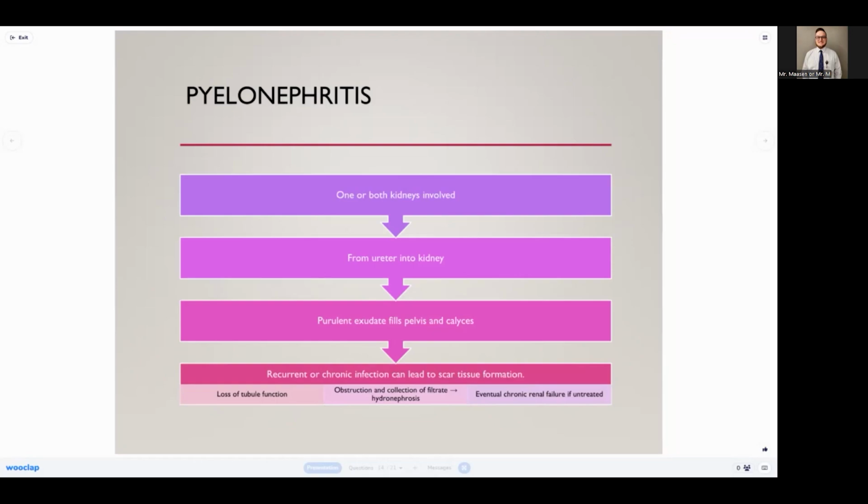Could cause something like buildup of filtrate. This condition is called hydronephrosis, like hydro, like fire hydrant, water. Hydronephrosis is fluid buildup in the kidneys, and this can happen if there's an obstruction, or in this case, pyelonephritis causing this buildup or drainage from the bacterial infection. And it could lead to kidney failure